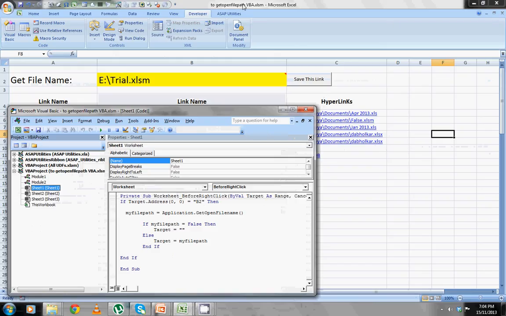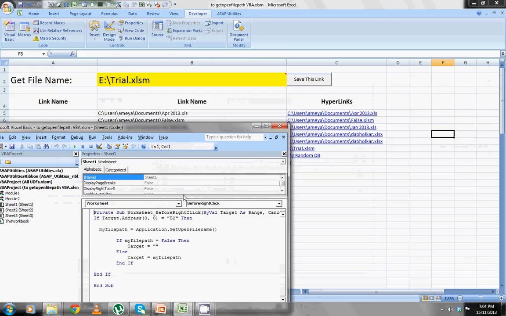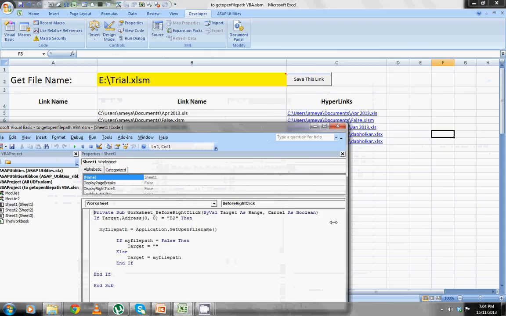We'll select Sheet 1, which is this sheet here, and select worksheet. In the worksheet, there are many options here like before double click, calculate, change, deactivate, follow hyperlinks and all. We'll select before right click and it automatically gives this small statement, target as range and cancel as boolean.